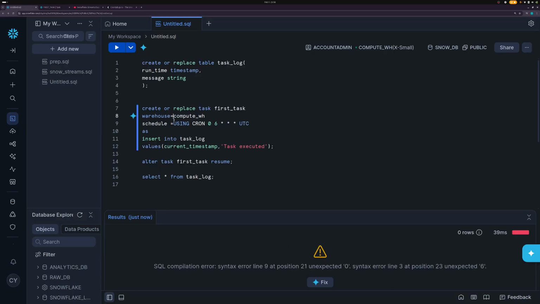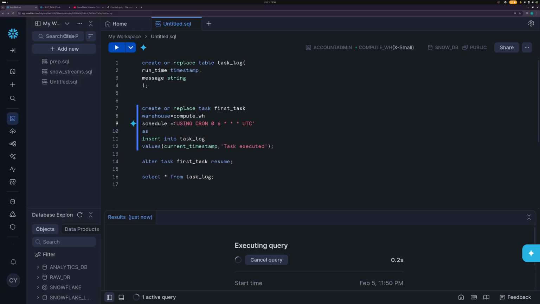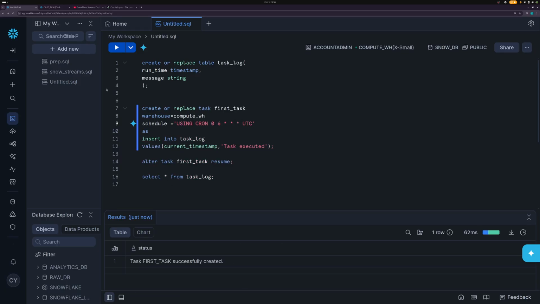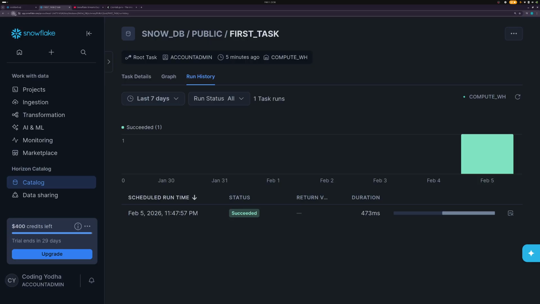Let me rerun this one. So expected 6, it's okay. I missed an inverted comma here. Now it created it, the task got created. Now if I come here and check,